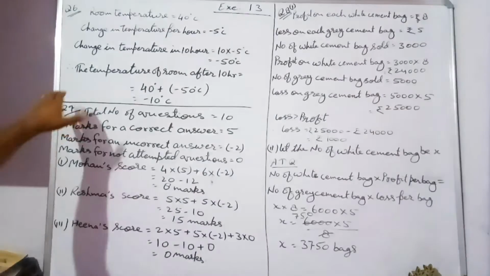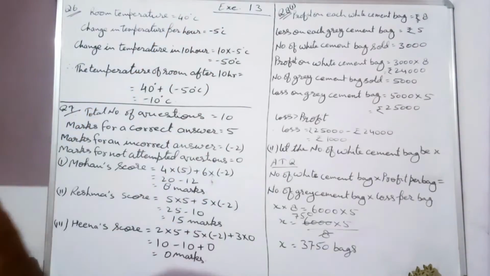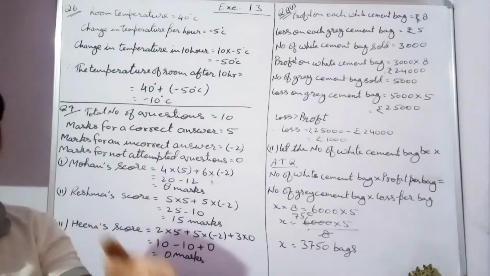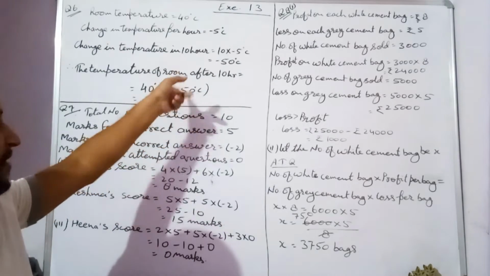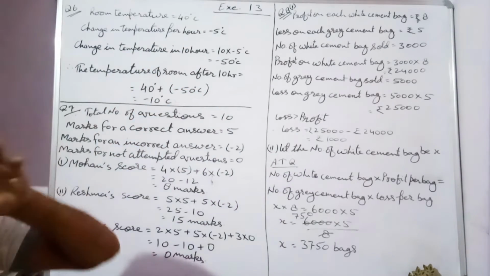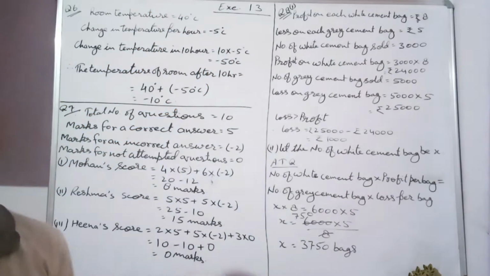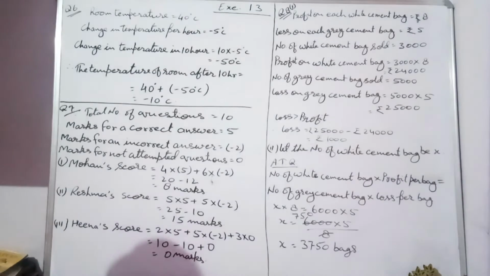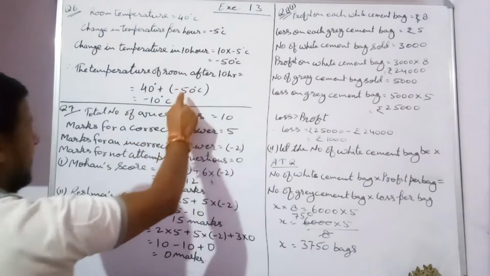Now the temperature of the room after 10 hours, the total temperature was 40 degrees Celsius. If we add the change in temperature after the 10 hours, we will get the temperature after the 10 hours. अगर हमें इसका टेम्परेचर 40 डिग्री दिया है और चेंज आया है -50 डिग्री सेल्सियस का, जो टेम्परेचर में चेंज है अगर हम उसको 40 डिग्री सेल्सियस के साथ ऐड कर दें तो हमें टोटल रूम का टेम्परेचर पता चल जाएगा कि 10 आवर बाद उसका टेम्परेचर कितना होगा। So the temperature of the room after 10 hours equals 40 degrees plus -50 degrees.